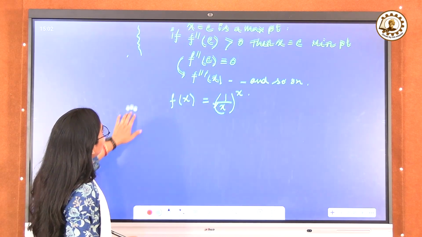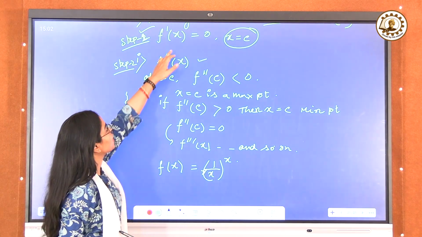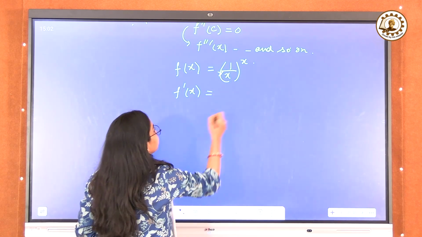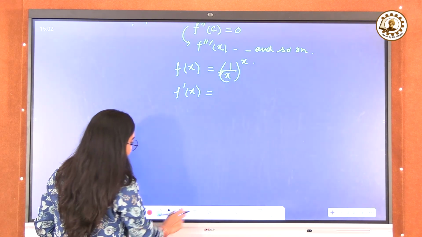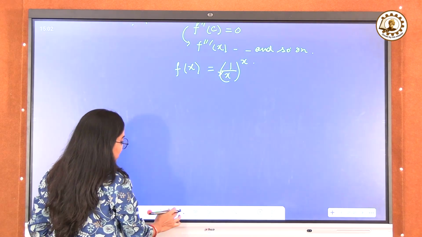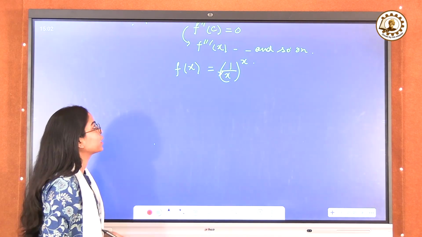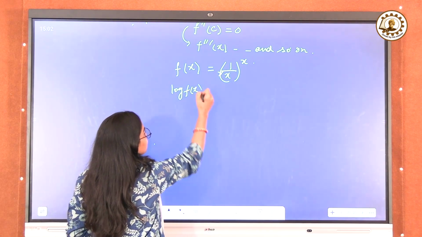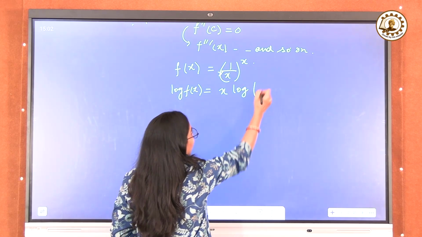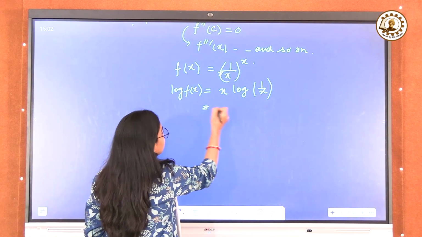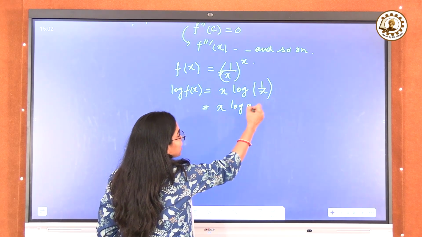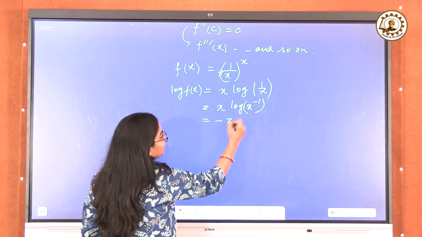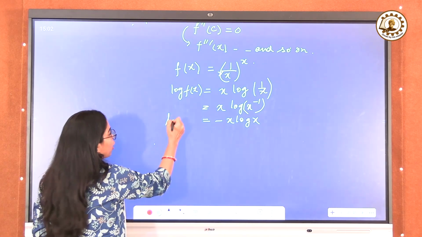Now, what is our step 1? Our step 1 is to calculate the first derivative of f(x). Before calculating f'(x), since it is a power type function, we will take log on both sides to make this easy. log f(x) = x log(1/x). Now, 1/x can be written as x^(-1), and log of x^(-1) can be written as minus log x. So log of f(x) will be